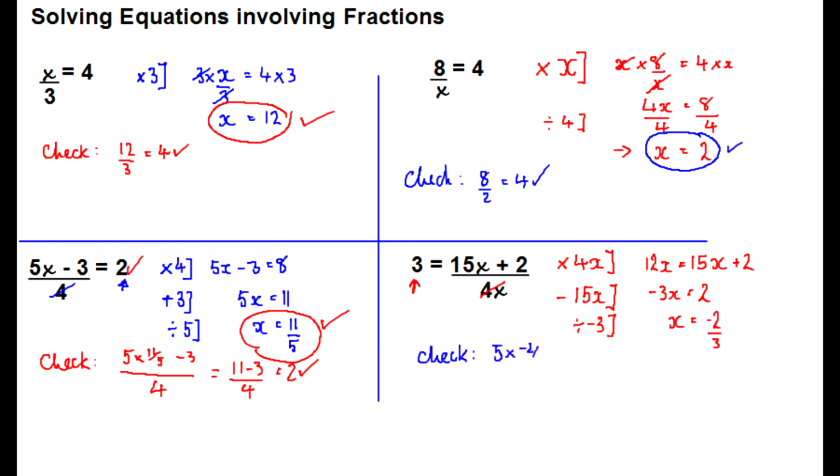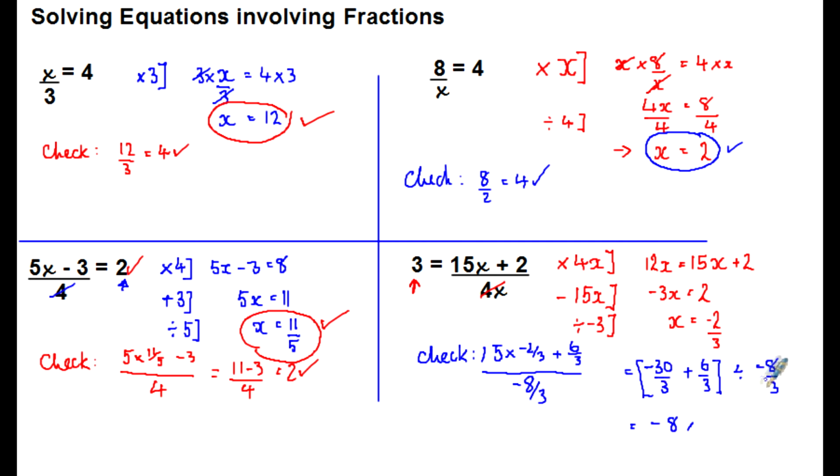Substitute in the original, just to make sure. So I've got 15 times minus 2/3, and then add 2, which is add 6/3 if you like, divided by 4 lots of minus 2/3, which is divided by minus 8 over 3. So 15 times minus 2 is minus 30 over 3, plus 6 over 3, and then divided by minus 8 over 3. But minus 30 over 3 is minus 10, plus 2 is minus 8,